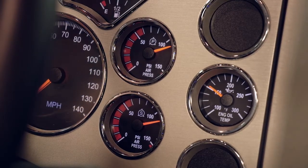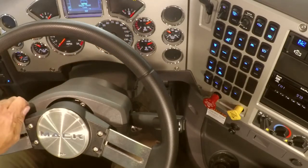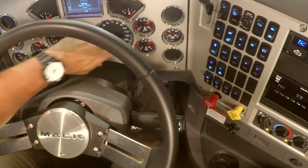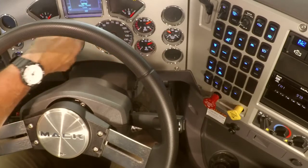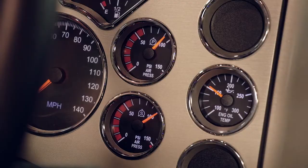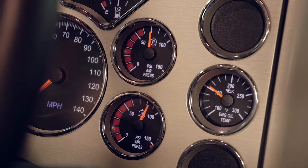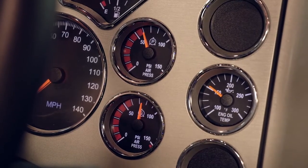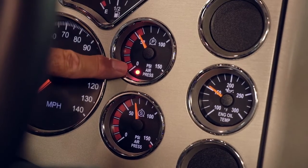Next, we're going to go to the emergency air warning. And I'm going to fan the brake pedal. And as I fan the brake pedal, you'll see both needles will start to drop. When they get to 60 psi, we'll have an emergency light come on here. And then on the secondary at 60 psi, you have a light come on here. And you'll have an audible warning as well. There's my audible warning and my light for my primary